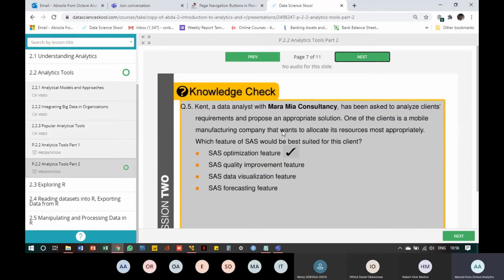You just want to allocate your resources in a way that optimizes your solution. You don't want something that probably wastes your resources, right? So you wouldn't use a quality improvement feature for that. You wouldn't use a data visualization feature for that. We are not trying to create a visualization. We are not trying to see anything. We just want to allocate our resources appropriately. So you would use an optimization feature.